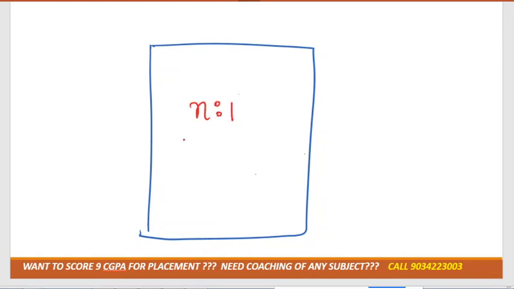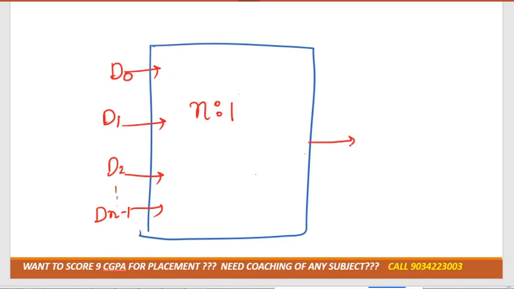For an n to 1 multiplexer, the inputs are denoted D0, D1, D2, and it goes up to D(n minus 1). The output is denoted by Y. The select lines are S0, S1, up to S(m minus 1). Clear? Now tell me, any doubt up to here? This is the basic of the